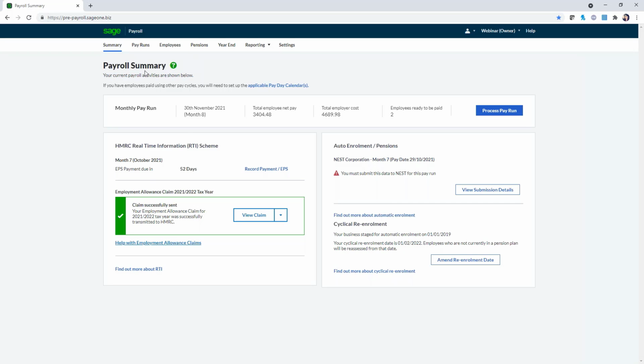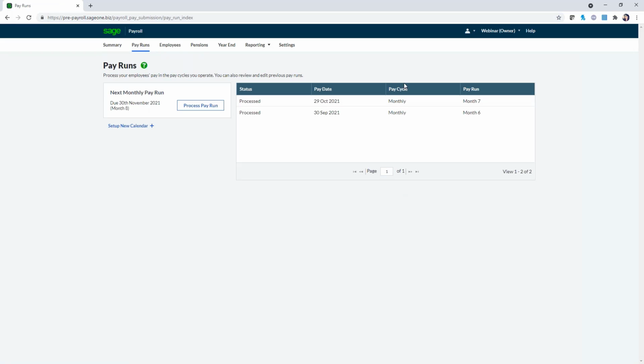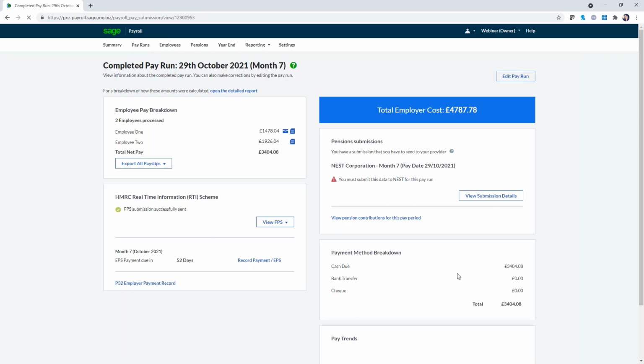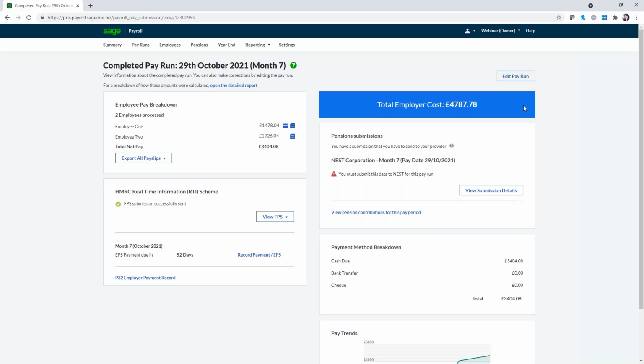If you ever need to edit a pay run, you would go into the pay runs tab, click on the pay run that you need to edit, and there's an edit pay run button at the top. Now, we would strongly suggest that if there's a pay run that needs to be edited, we would ask, can you do that in the next pay run? So say, for example, if you've forgotten to pay somebody's overtime, could that wait until the next pay period? If so, it's probably best to put that into the next pay period rather than editing one that's already been completed,